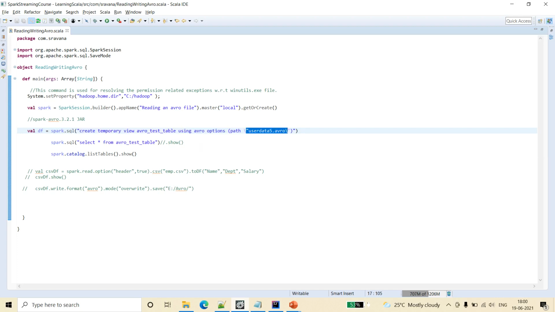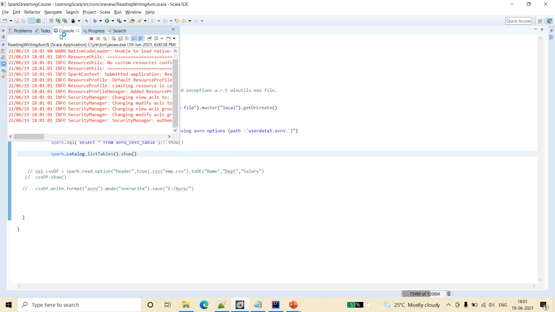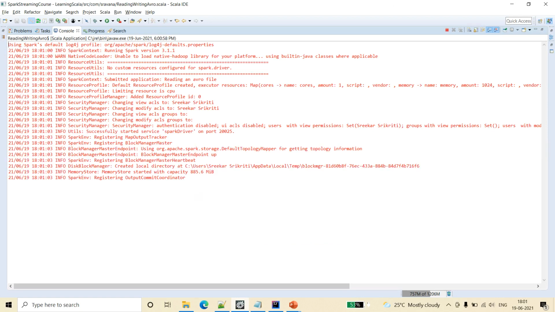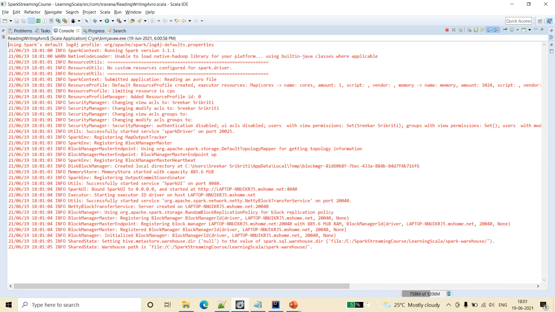So now, how to see whether the table is created or not. We use spark.catalog.listTables. Here we are not using any default database, so I am not passing one, or we can pass whatever database name here, and you can fetch all the available tables in Hive. So let me run this and show you that this table will be created in Hive. And spark.catalog.listTables is the functionality to use in the Spark shell or Spark job to check the Hive tables.